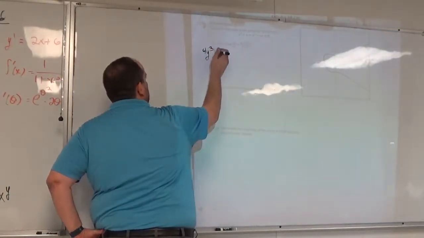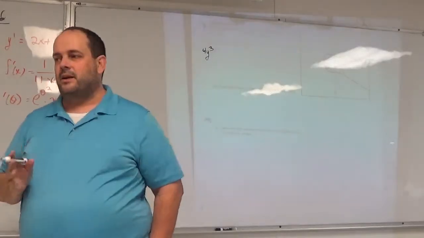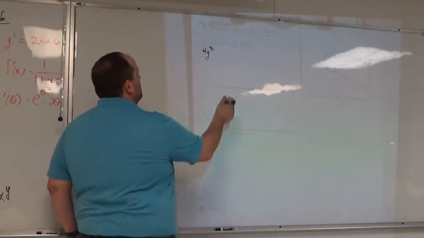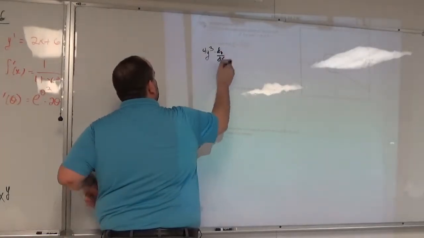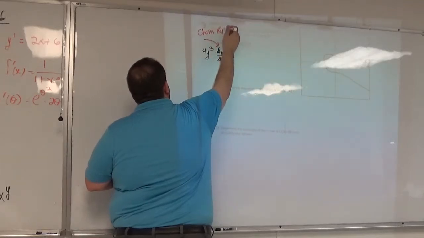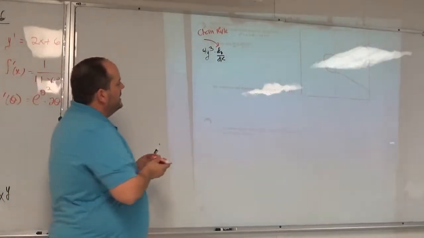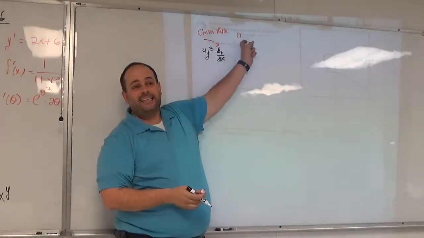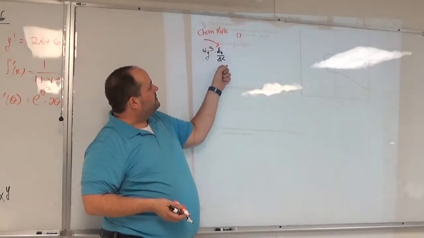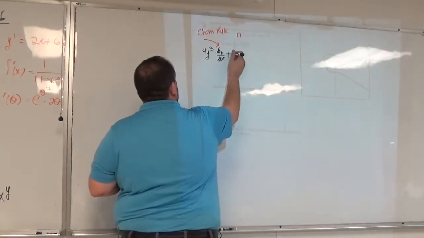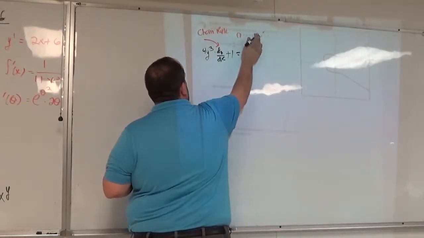4y cubed. However, you have to be careful here. You're taking the derivative of a y expression. So it's 4y cubed times dy dx. And if you didn't see where that just came from, that's a chain rule. You're looking at the derivative of y being raised to the 4th power. Y depends on x. So it's 4y cubed times the derivative of y, which is dy dx. Okay, stay with me. Plus derivative of x, 1, equals derivative of x cubed,